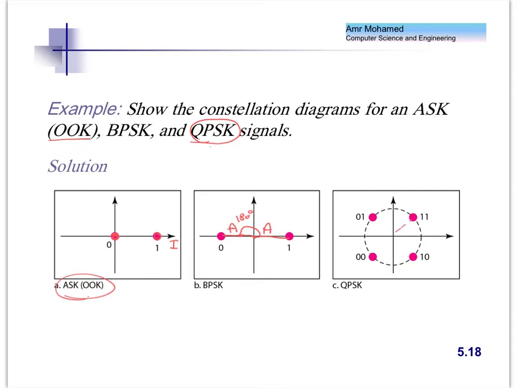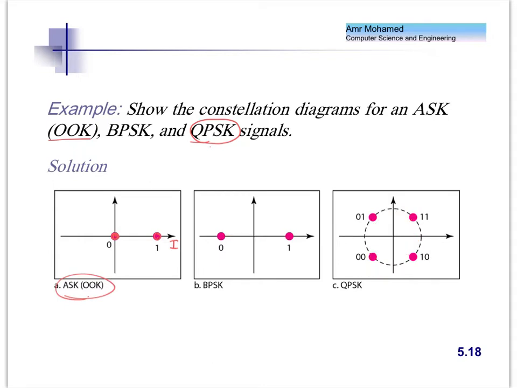So we have this is 45 degrees to represent the 2 bits, 1, 1. We have 135 degrees to represent 0, 1. And you have minus 45 degrees to represent the 1, 0. And minus 135 degrees to represent the 0, 0. Right? So this is minus 135. Okay? So here, we can represent the quadrature phase shift keying as 4 dots in the IQ diagram. Very easy, right? Is that clear so far?